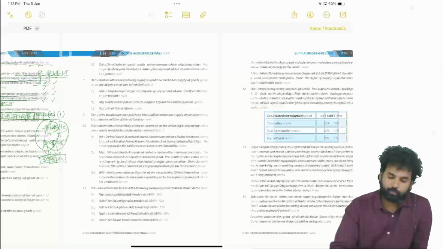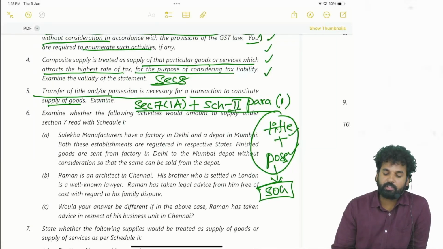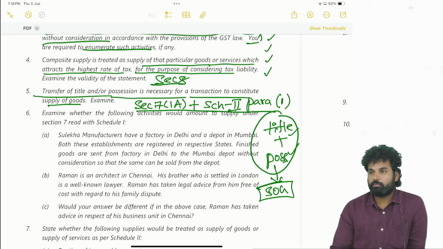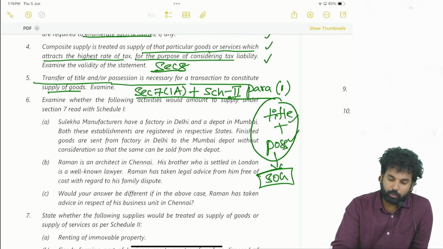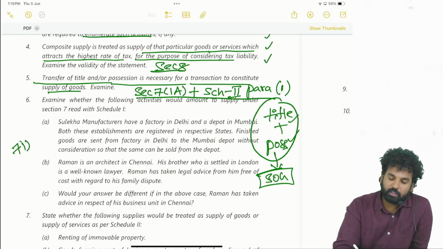Next, question 6. Examine whether the following activities would amount to supply under section 7 read with Schedule 1. Activities without consideration. Sulekha Manufacturers have a factory in Delhi and a depot in Mumbai. Both these establishments are registered in respective states. Finished goods are sent from the factory in Delhi to the Mumbai depot without consideration, so that the same can be sold from the depot. Supply as per 7(1)(c), Schedule 1,